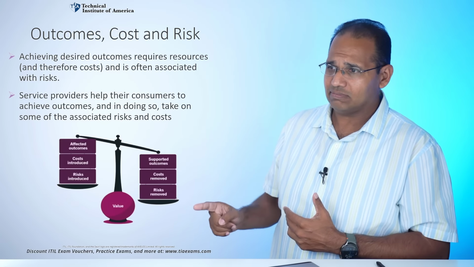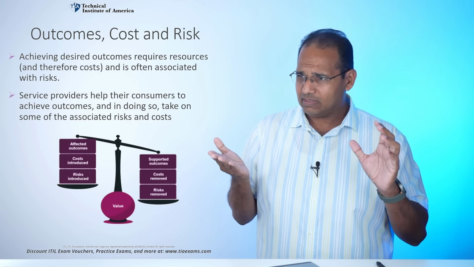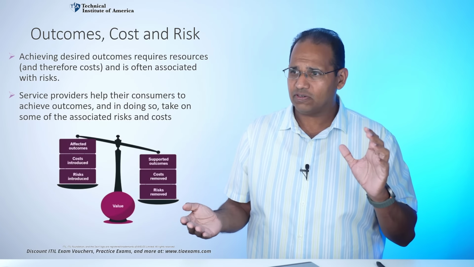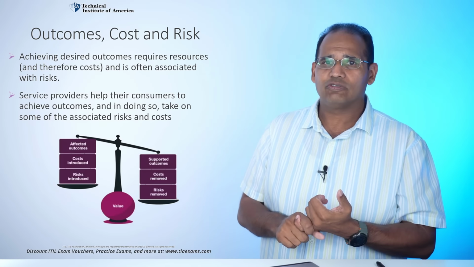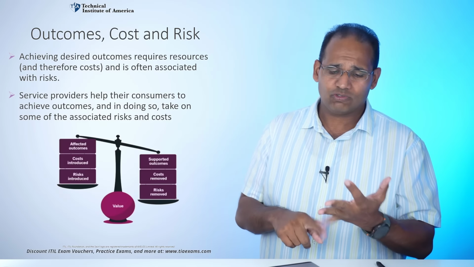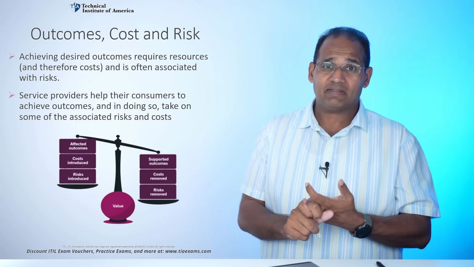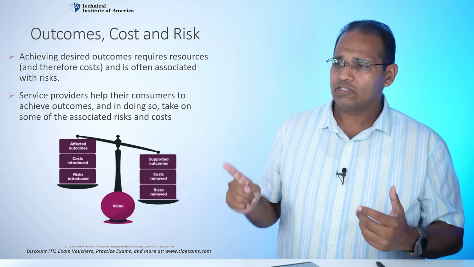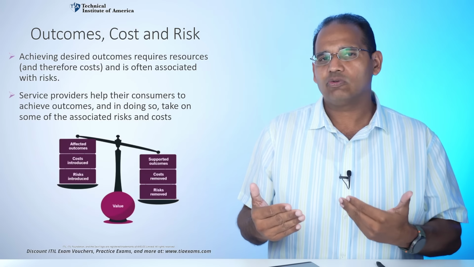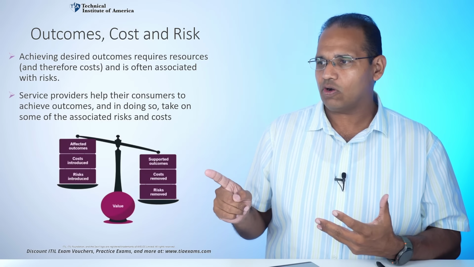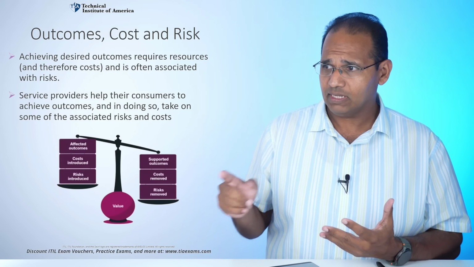This scale I'm looking at is great because now this weighs more on value for me. I want to remove things like risk that's introduced. If I want to do my own email, I'm going to introduce risk and costs in my organization. It might affect me even getting my own email. So if you're looking at this balance here in this scale, when you're doing a service, you want to remove costs, you want to remove risk, or at least lower them,